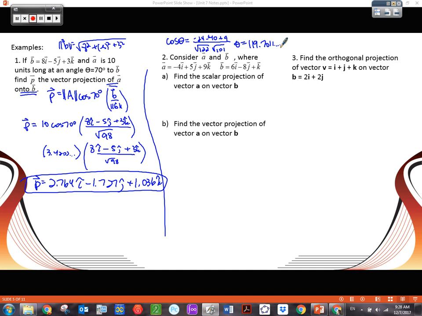We can use our formula. First, we want the scalar projection, right? That was the magnitude, and we're projecting A onto B. So we need the magnitude of A, and P, we're just going to say that's the scalar projection. There's no vector sign over it. It's just a scalar projection. So the magnitude of A was the root 122. And then it's cosine of that angle we found, cosine of 119.701, etc. So we have all that in our calculator, and we discover that the scalar projection is negative 5.47,